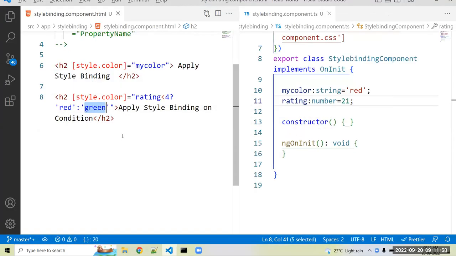So on the basis of a condition as well, you can use a style binding, because in most cases we have to set a condition and change the color based on it. For example, when we give a rating for any product, if the rating is less than 2.5, then that color will be changed. If the rating is greater than 2.5 or 3, in that case we display a different color to the end user. In that case, we use a style binding, because we have to apply the style to that HTML element dynamically. For such scenarios, we use